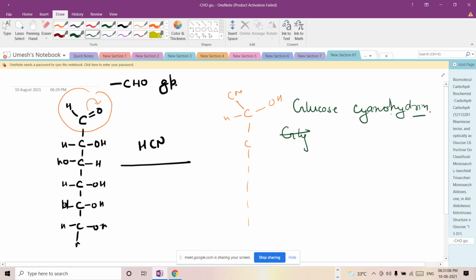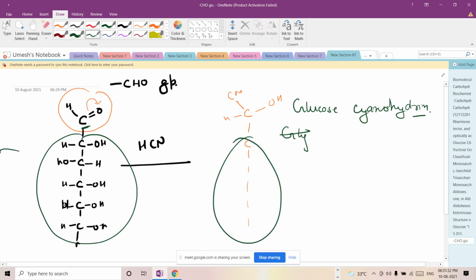Just like the glucose, in the aldehyde cases, we have discussed this property. If you add HCN here, that forms a cyanohydrin, it confirms the presence of the aldehyde group. The rest, this whole structure is the same here that you can draw. Only the attack is going on the aldehyde group.